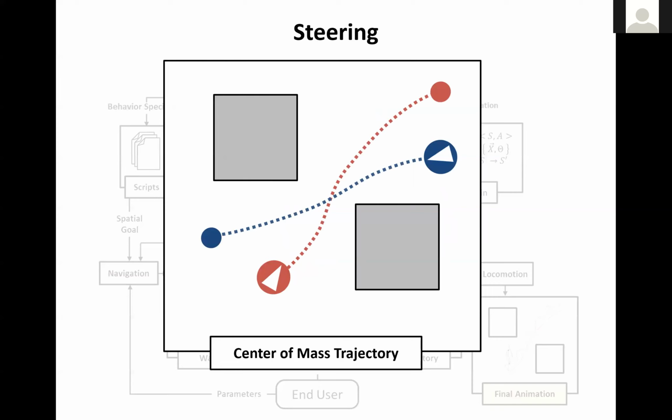So with those components, steering is the act of navigating an agent along the path that is produced by the navigation layer, while avoiding both the static aspects of the environment as well as dynamic aspects, such as other agents. So it is during this layer where we consider other agents that might potentially collide with you as the agent is moving towards its path.